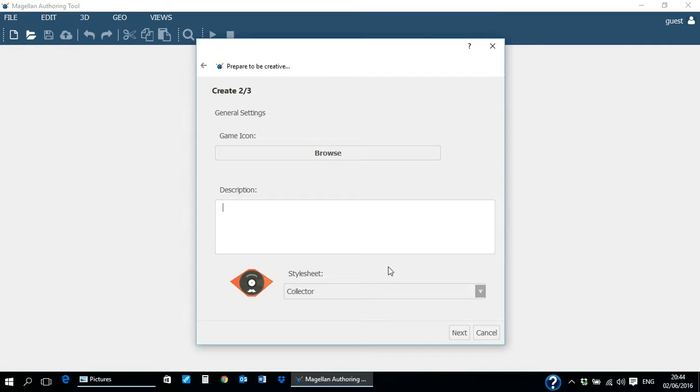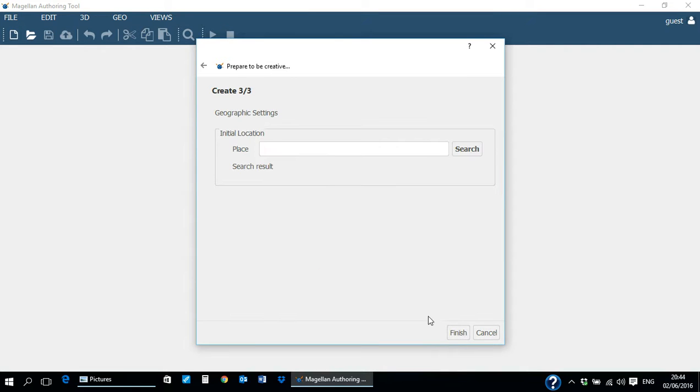Click on the drop-down list to reveal a number of options for changing the game's style sheet. In the Treasure Hunter game, we will select the Collector style sheet. Click Next to continue. In the Create process 3 of 3, we can set the geographic settings of where we